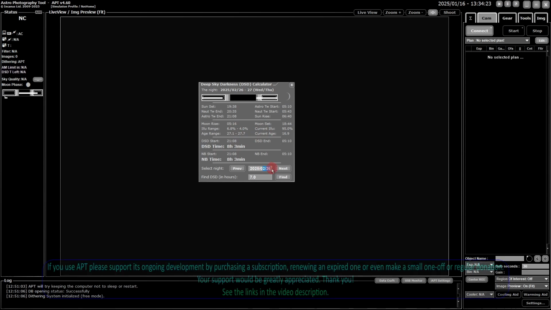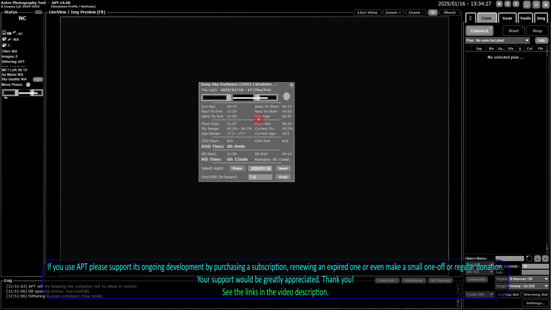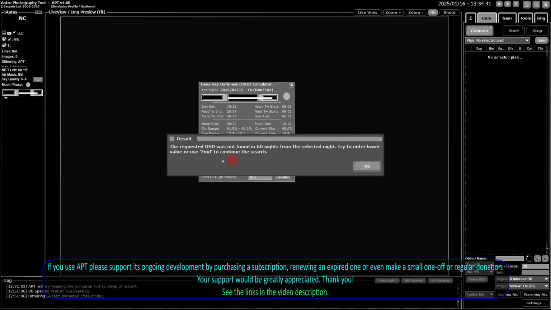I'll once again go back to today, and this search feature only goes 3 months at a time. So if I go here, I want to find a night with 9 hours of deep sky darkness and hit find. I know it's not going to find one in the next 3 months, and you'll get this pop-up. Now you can either go through and enter a lower number, or you can continue searching ahead of that.